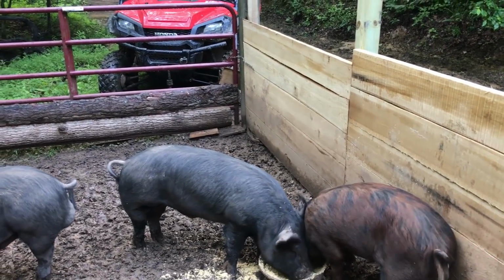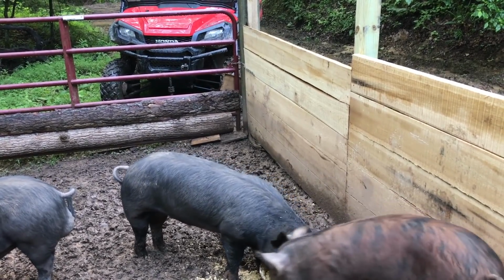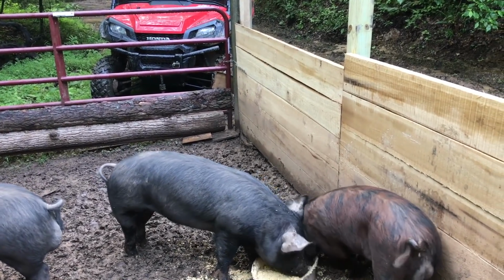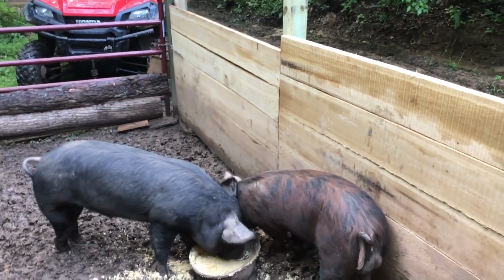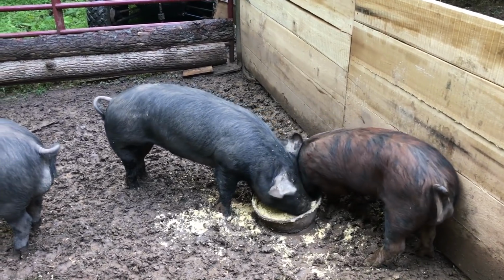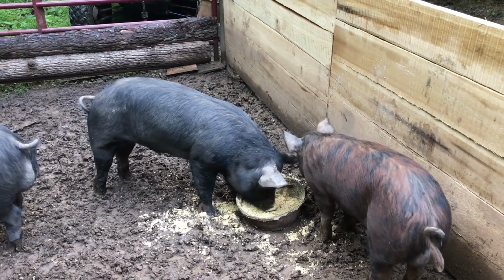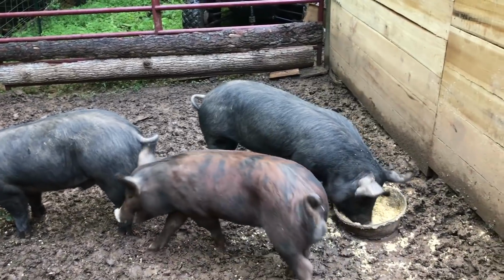Second one here, he would be my number 2, obviously, just because of process of elimination. A little bit more anxious, a little bit more skittish. Definitely likes to knock the ladies around more. When they were together, he definitely would kind of bully him over and those type of things. So not super aggressive. You can kind of see he's taking care of Little Red there from the feed bowl. So he's making Little Red fight for everything that he can get there,